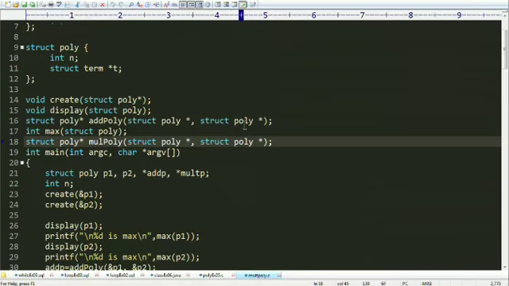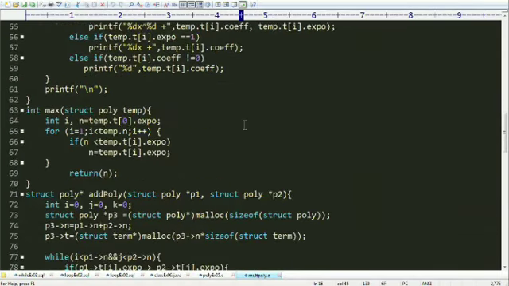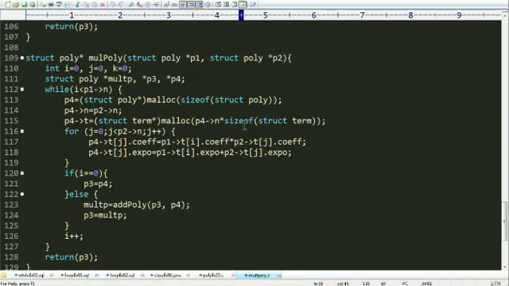I'm just showing you how the function looks. Multiplication is pretty easy compared to addition, because here we are just multiplying the first term with the other polynomial and adding the terms, like I'm showing you using the pen.